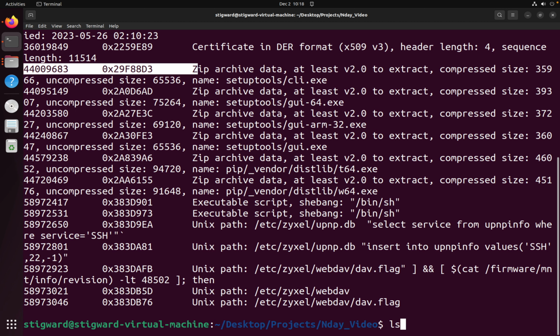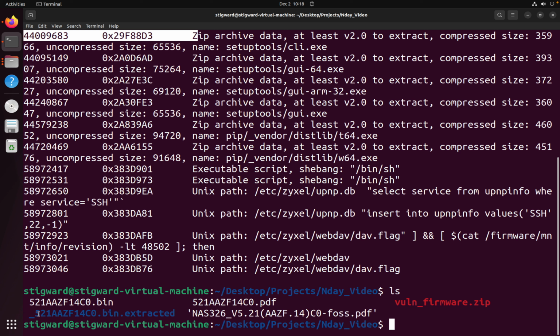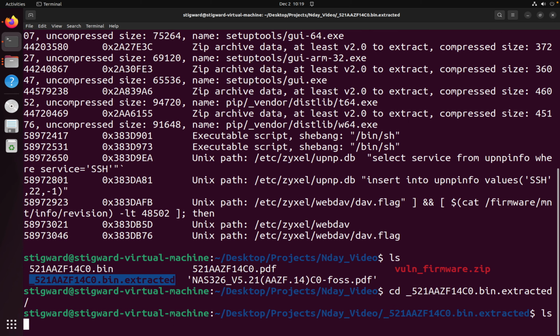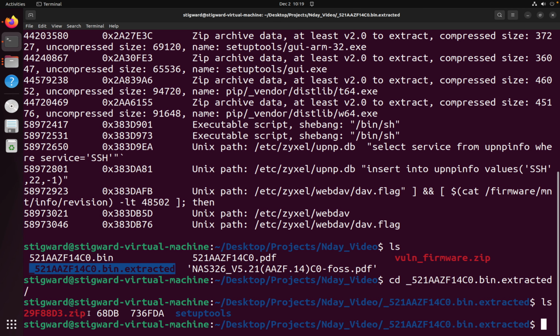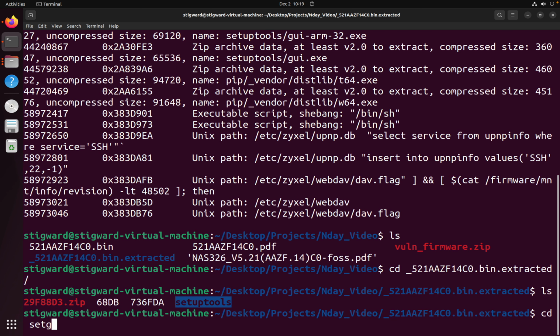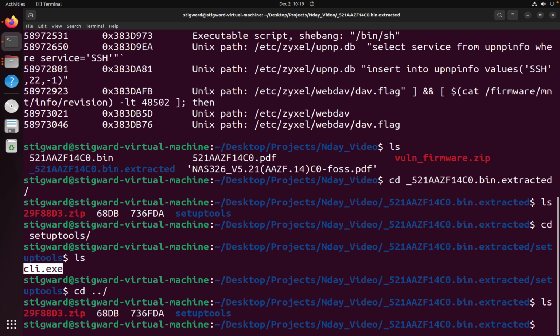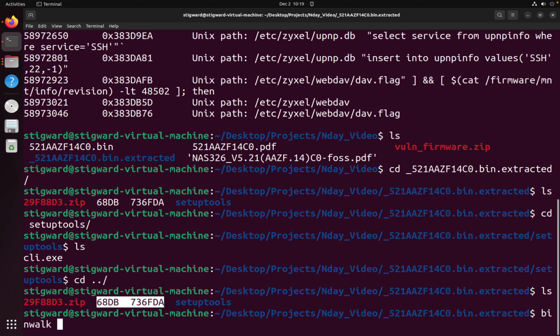Binwalk will always name the target with the file name prefaced with an underscore, and then .extracted, unless you specify otherwise. So we'll just cd into that, and we can see that we have a new zip image, 2 files, and then a setup tools directory. We'll check out setup tools first. This is just a cli.exe, so most likely a tool for interacting with the device, not something we're going to be overly interested in. We're going to run Binwalk on these two as well and see if they give us anything of interest. So we'll start with the 6.8